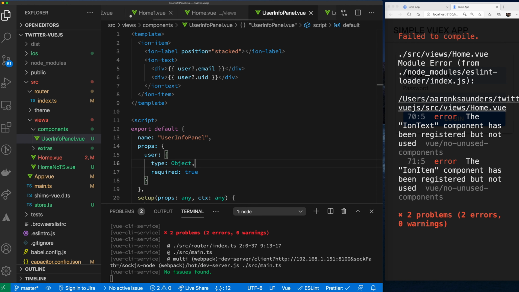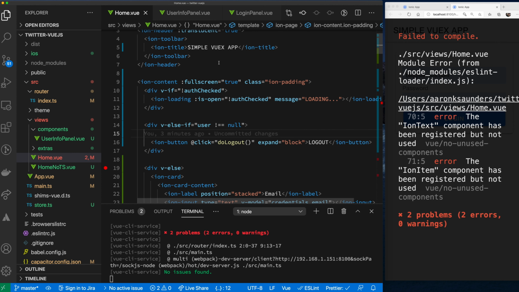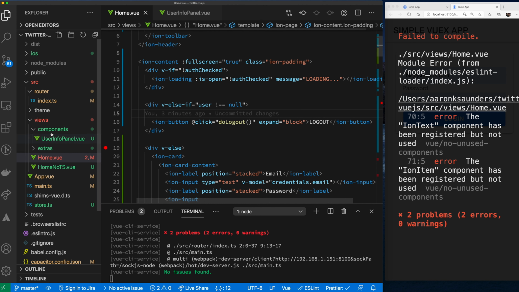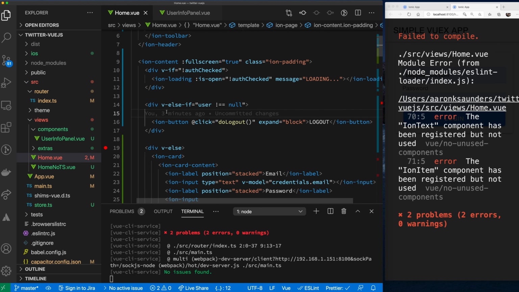Let's cheat and go back to, let's close these guys. We don't need that. Don't need that. Don't need that. This is the guy I'm in. I don't need that. Don't need that. So here's where we are. So we have our user info panel. Let's go back to our home view, and right here,